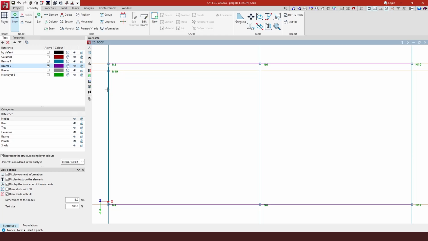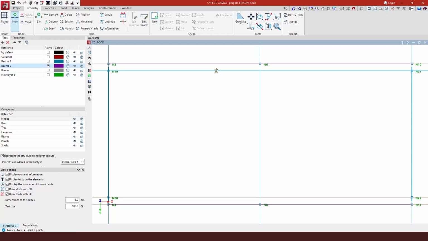I'm going to do the same thing at this end too, 0.3. And also I'm going to snap this in this node too. Okay, now that we have that reference that is 0.3 here in this plane view, we are going to insert